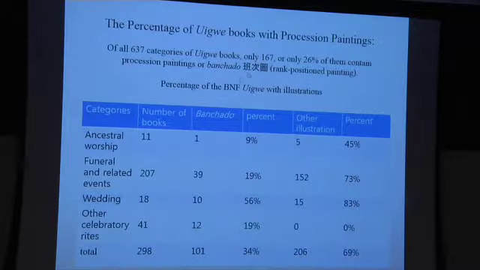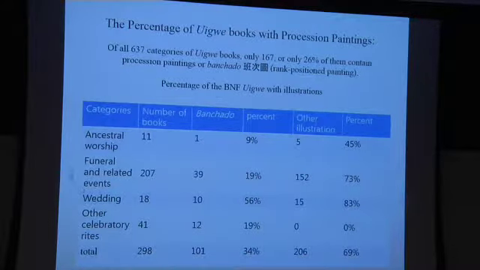If you know the characters, Panchado is rank, positions, painting, positioned painting. So I will just say Panchado from now on for this procession painting. So as you can see, of all 637 categories of Uyghur books, only 163 or only 26% of them contain Panchado, whereas the B and F Uyghur